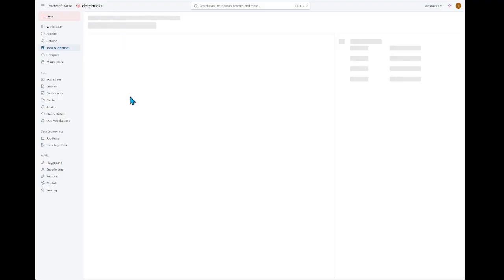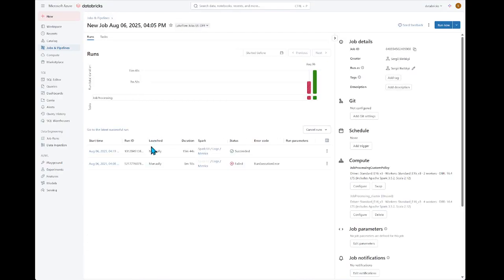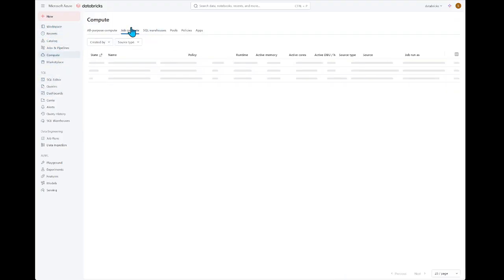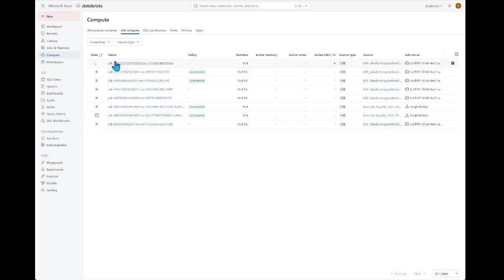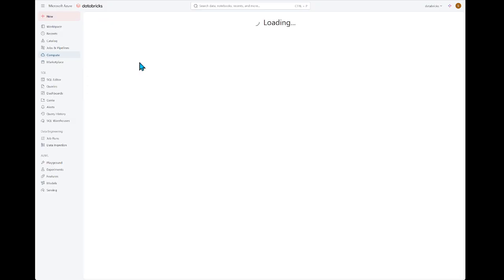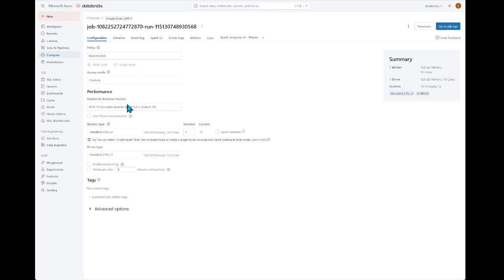Okay. This is compute, job compute. And you see the job just started from a data factory. If I open this, we can see the same configuration that we set up in a data factory, like the same Databricks runtime version, the same type of workers, the same compute resources, everything is the same.